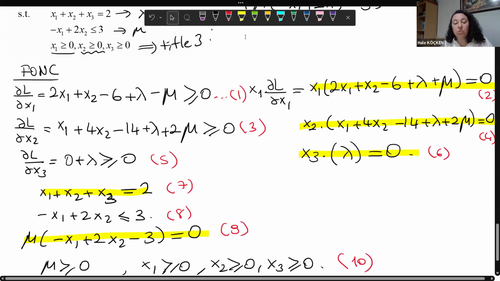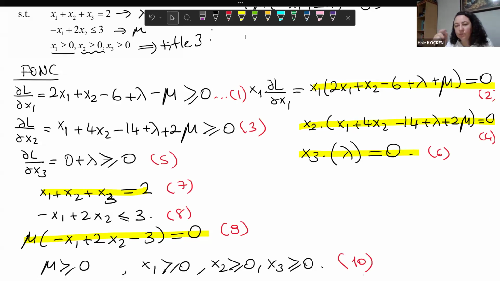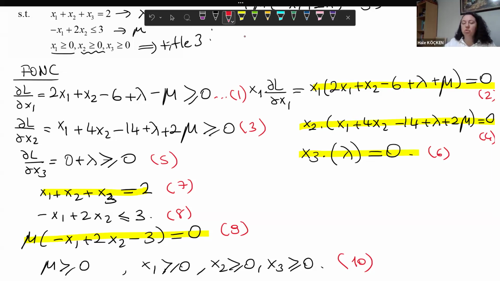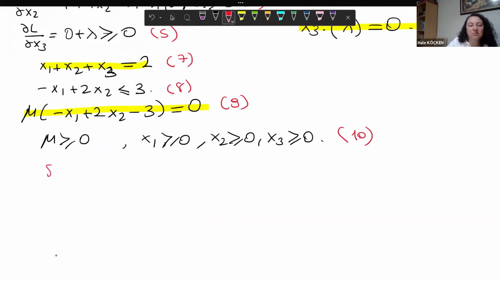So what you need to do is, again, check whether x1 is 0 or not. Some of the constraints will change. These are the complementary constraints that I showed in yellow. Just only out of 7. All of them are complementary. So I will investigate x1, x2, x3, 0 or not, 8 cases. And also I can do this analysis in a subcase. Also, sometimes it is necessary. I will investigate the mu's. So again, 8 cases